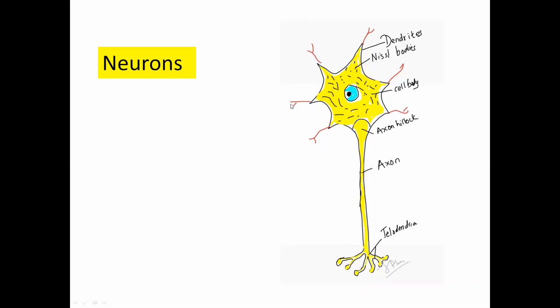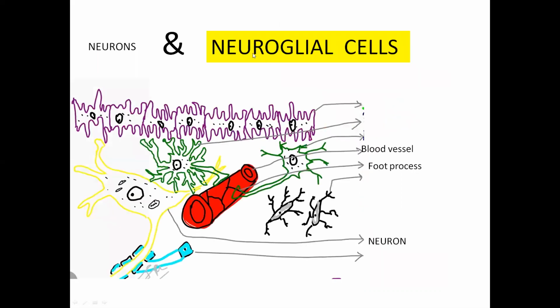So in school, you would have studied that the nervous system is made up of two types of cells, neurons and neuroglial cells. Neurons are the structural and functional unit of the nervous system. They consist of the cell body, the axon, and the dendrites arising from the cell body. The neuroglial cells are more numerous compared to the neurons. They structurally and functionally support the neurons in the nervous system. There are mainly four types of neuroglial cells that you would have learned in physiology, isn't it?